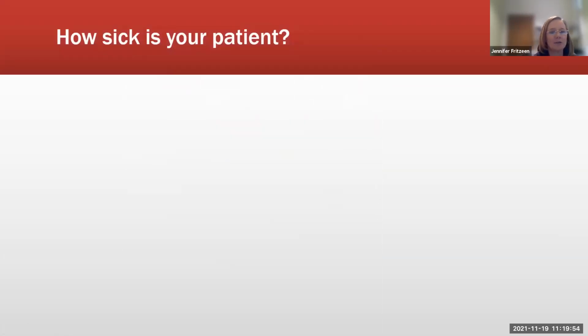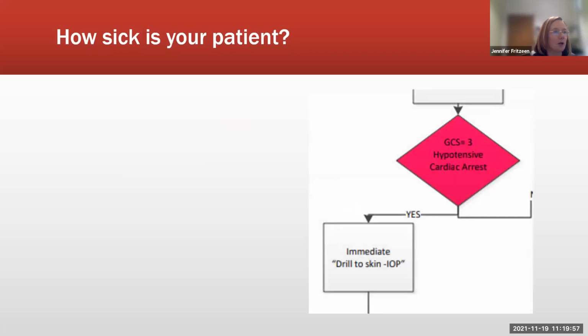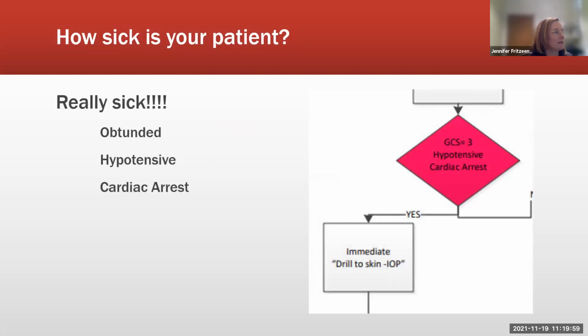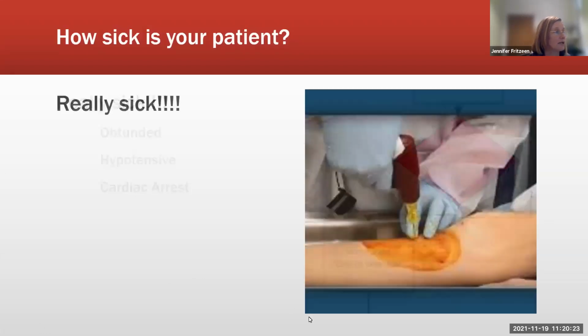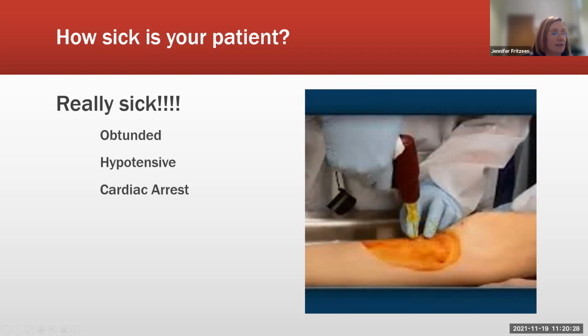So the first question is, how sick is your patient? And if you answer the question, really darn sick, he's obtunded, he's hypotensive, or he's in cardiac arrest. Now, this is a patient that you need access fast. And this is also a patient that if you tried to get a peripheral line, you will not be successful. These are kids that are clamped down. They have no good distal pulses. They're not getting blood to their fingers, hands, feet. And so it really doesn't make sense to waste your time with peripheral sticks. And so with these kids, we're going to go straight to the interosseous needle because that'll be our quickest way that we can get